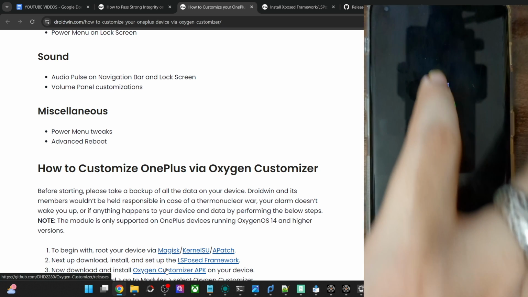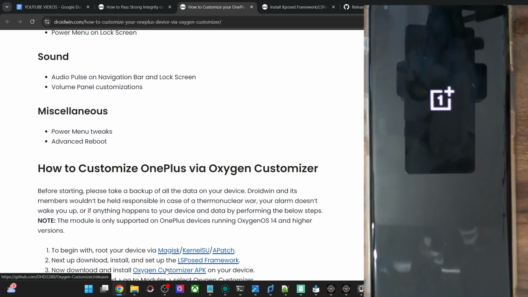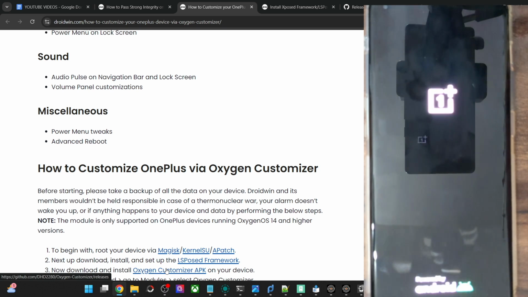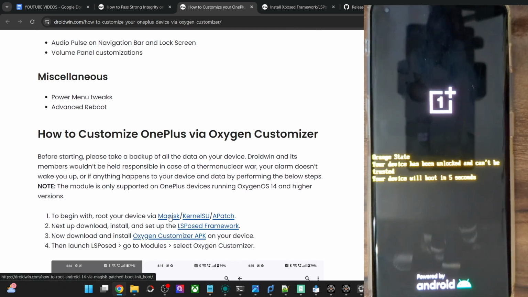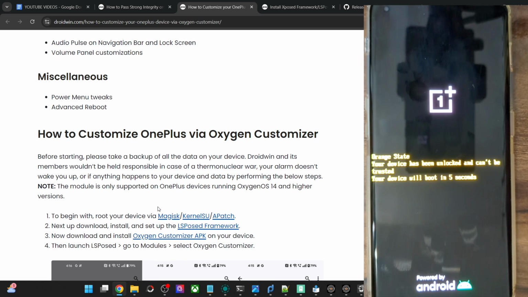This restart is compulsory. So let's do a restart, and upon a restart, the module will be activated, and then we could move ahead and customize all the elements of our phone. So let's just wait for a few more seconds, and after this we could then start off with the customization process. Our phone should now boot to the OS, and after that we will then get started with the process.